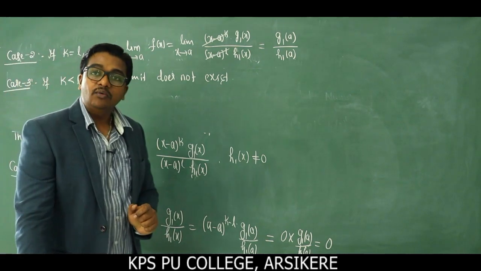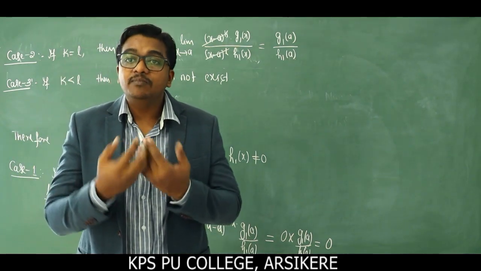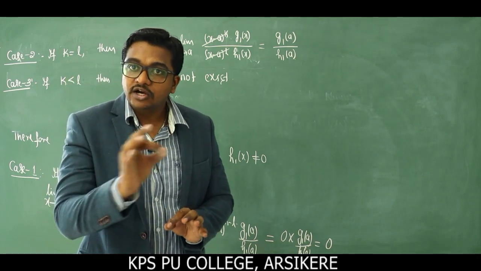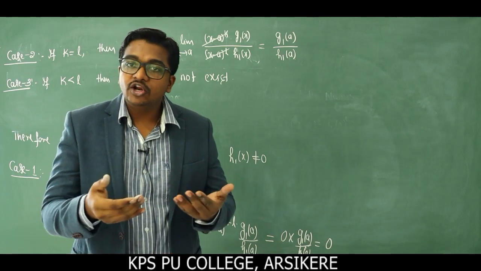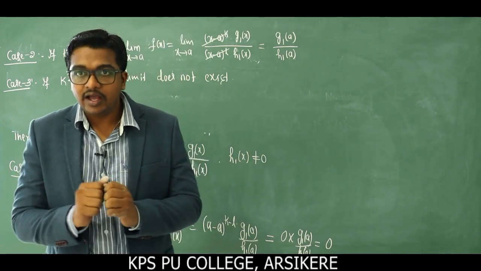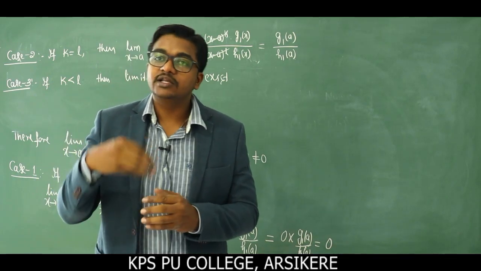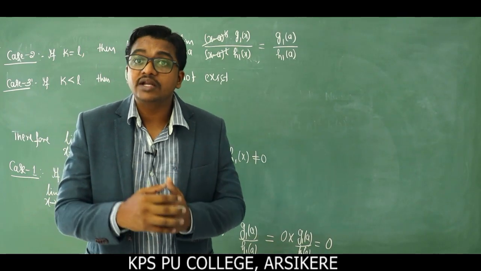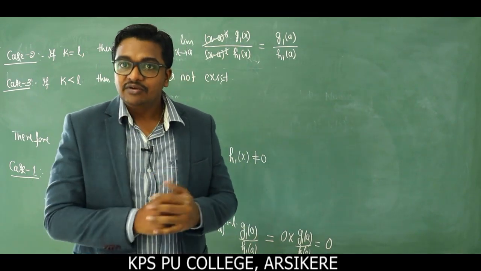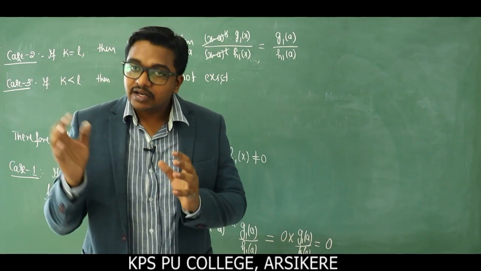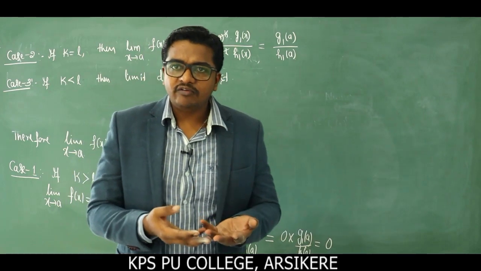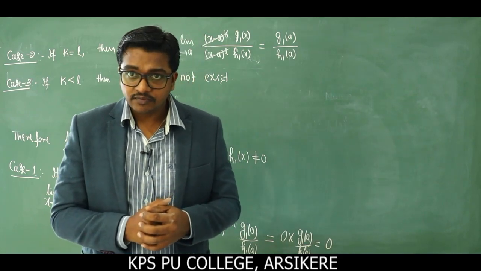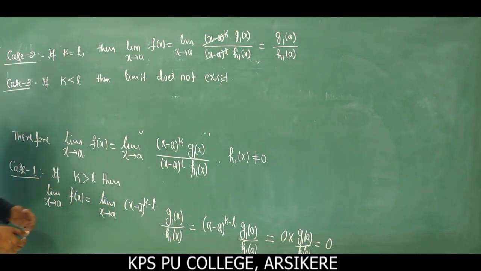Very simple. Whenever h of a, that is when you replace x is equal to a in the given function, the denominator is not equal to 0, then directly we get the value as g of a divided by h of a. Whenever h of a, the denominator, is equal to 0, in that case we have to factorize or take the common factors, suppose the common factor x minus a from both numerator and denominator, then simplify. So again we get 3 cases, case 1, case 2 and case 3.